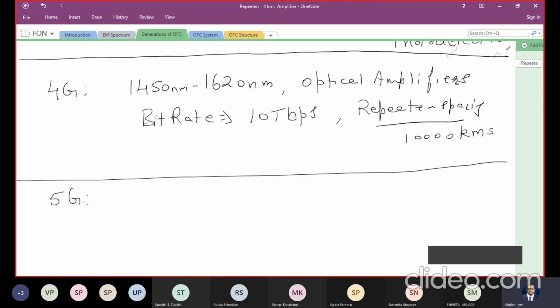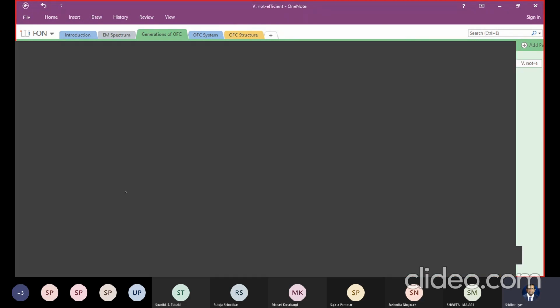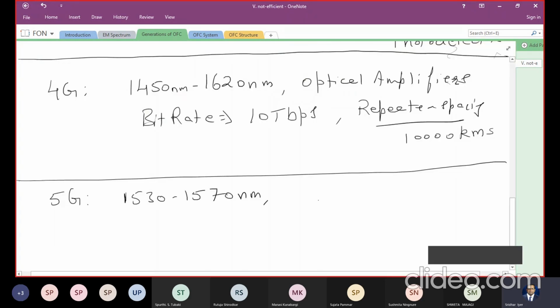So in wireless, we are still awaiting fifth generation to be deployed, whereas in optical communication, we are already using the fifth generation. Very soon, we'll see the fourth and fifth generation in India as well. The wavelength operation here is between 1530 to 1570 nanometer. You can see that compared to the 4G, the wavelength here reduced, and there is a particular reason for that, and I will explain the reason very soon why 5G system used a lesser wavelength compared to the 4G.